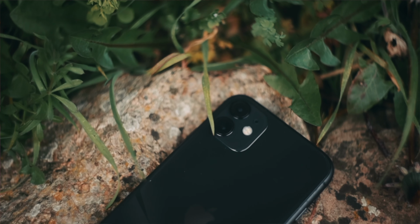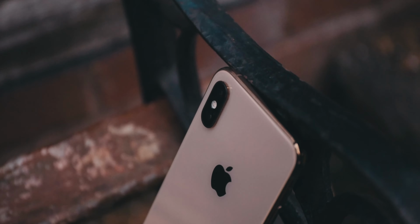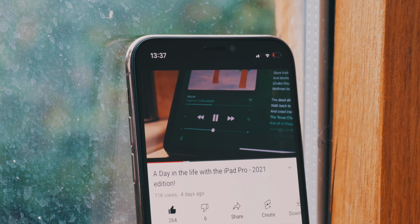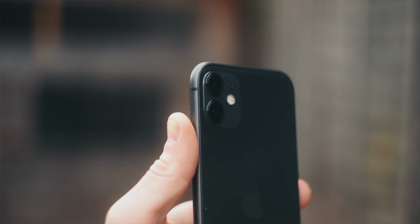As I said in the design section of this video, both phones do feature that dual camera system. However, they are vastly different under the hood. The iPhone XS features a pair of 12 megapixel cameras with an f1.8 wide angle and an f2.4 telephoto lens. Also, it has a 7 megapixel f2.2 front facing camera, which is less impressive than on the iPhone 11, to be totally honest. Speaking of the iPhone 11, it again has a pair of 12 megapixel cameras, again with an